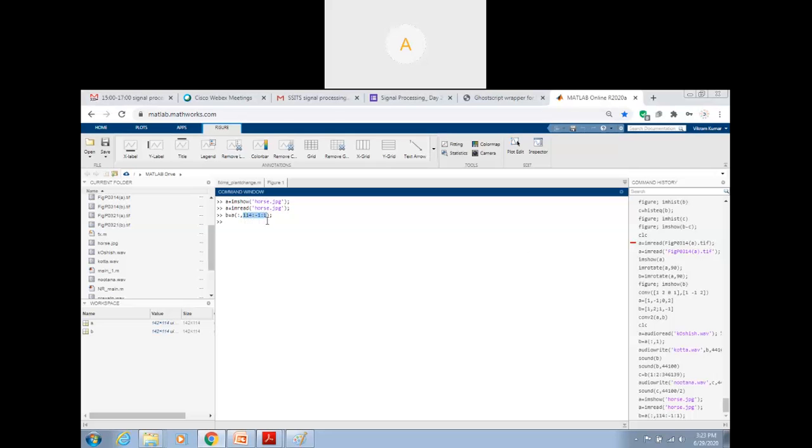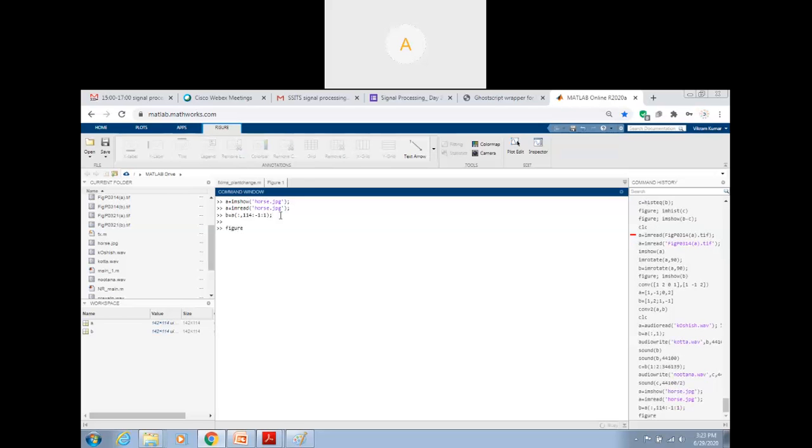That means you will now see how the effect looks. Let me press enter here. Now, in figure, new figure, and imshow of B. One minute. Let me press enter.